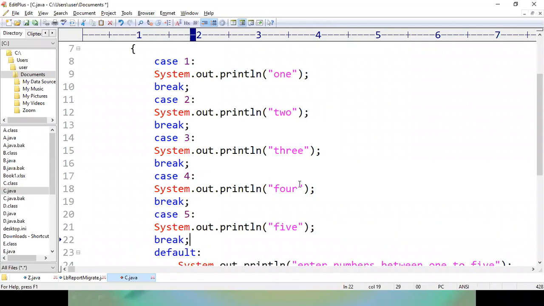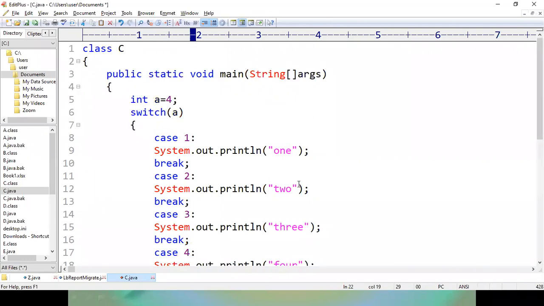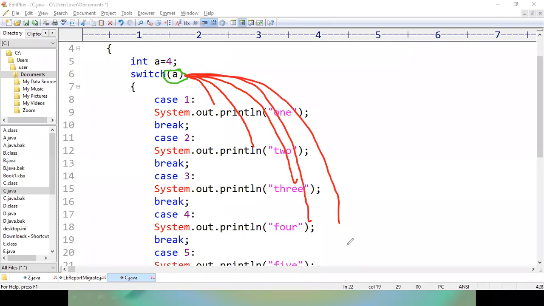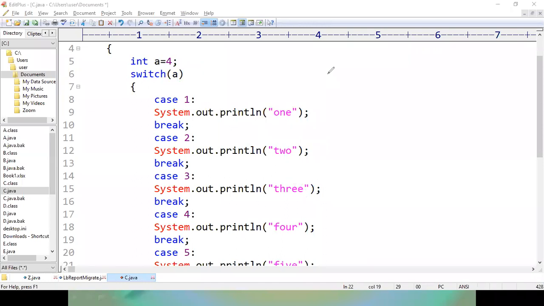Why do we call these statements multi-way statements? Depending upon the value of a, the compiler is going to execute either case number 1, or case number 2, or case number 3, or case number 4, or case number n. We can write any number of cases inside a switch case. So here the selection is multi-way; there are multiple ways of selection. Either we can go for 1, 2, 3 or case number n. That's why we call them multi-way selection statements.